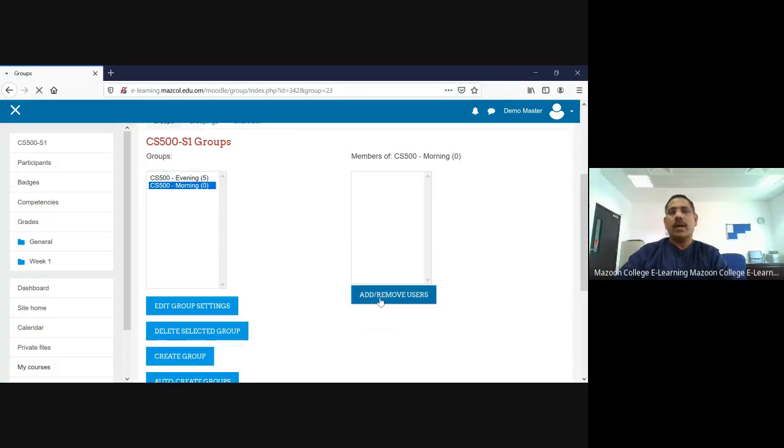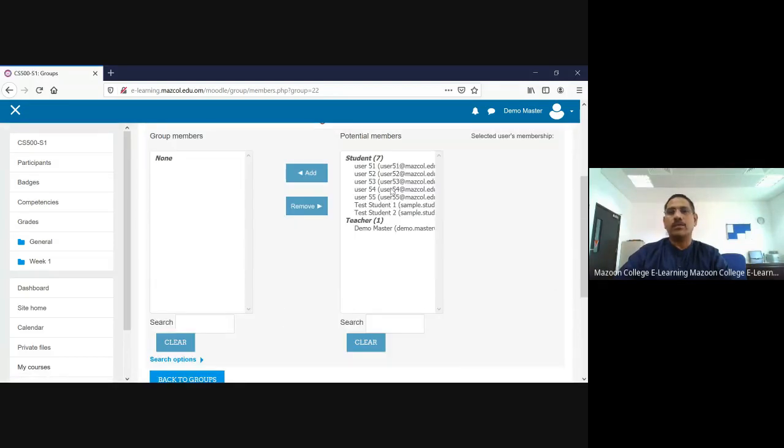Add and drop. Again it will show the complete student list. Don't expect it to exclude the evening students; they will come too. The system doesn't know that the students have already shifted, so again it will show the completed list. The meaning is that based on the group only, we are going to give the activity. Sometimes we are talking from the morning and evening point of view.